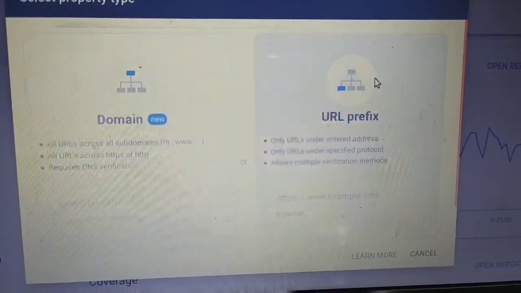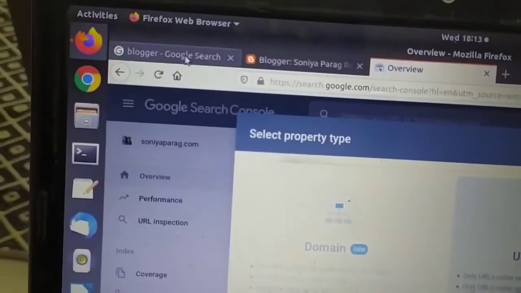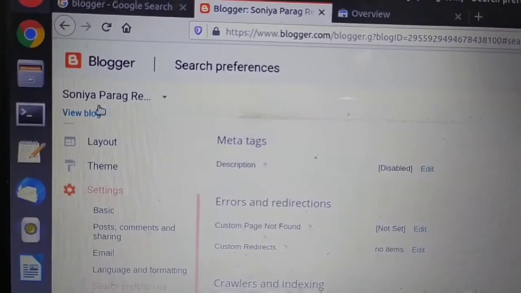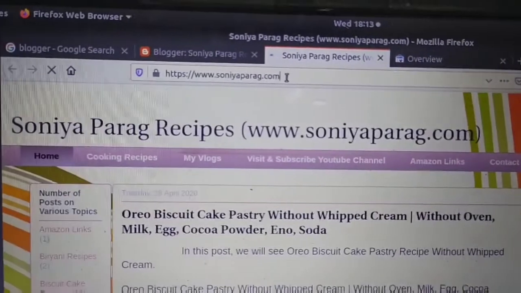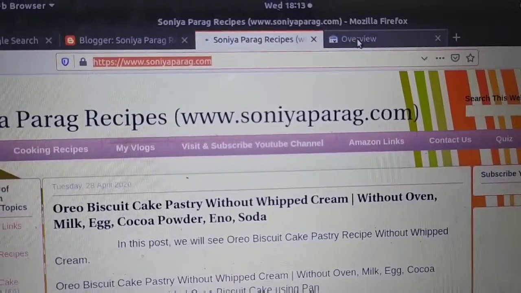Here we have to provide the link. You will get that link from here. So go to Blogger, click on View Blog, copy this link and paste it here.